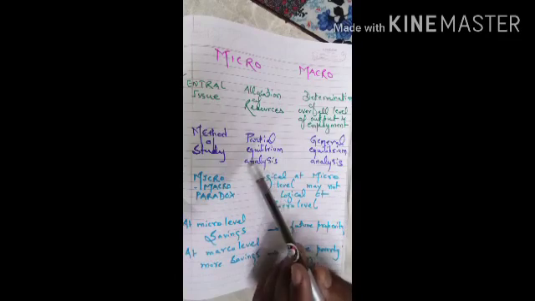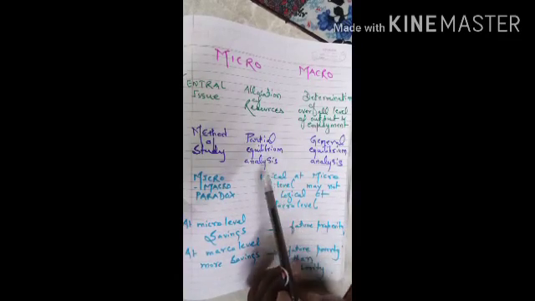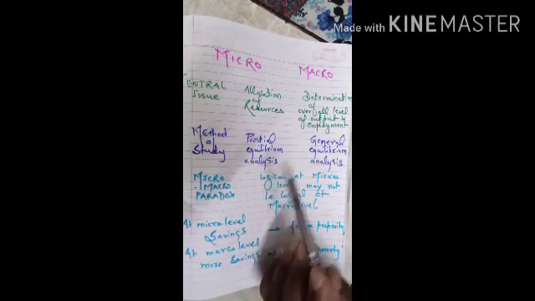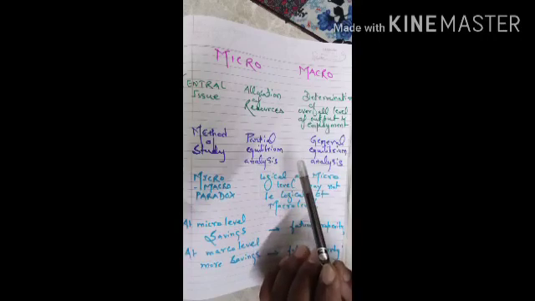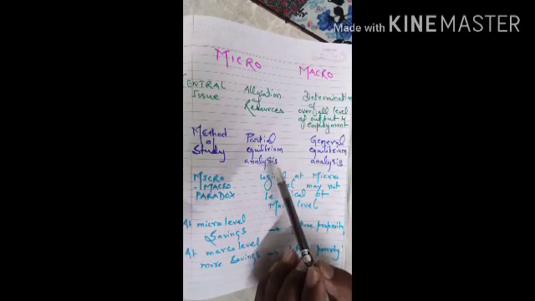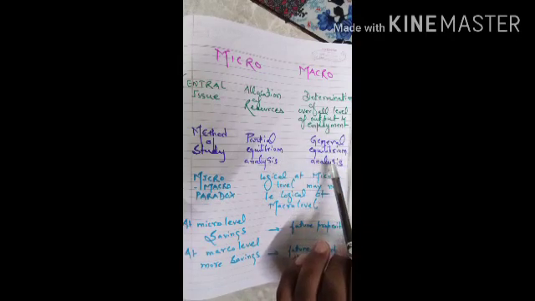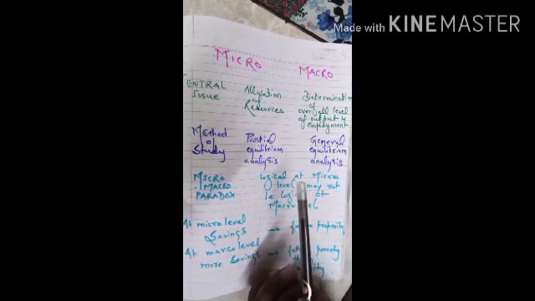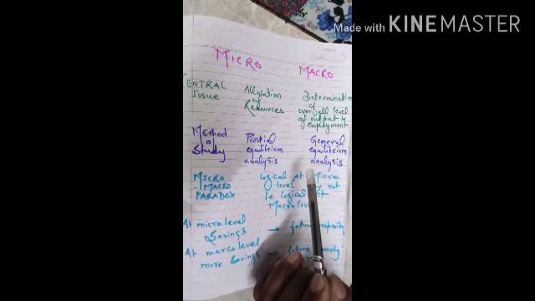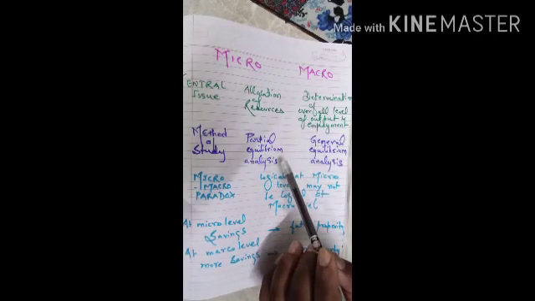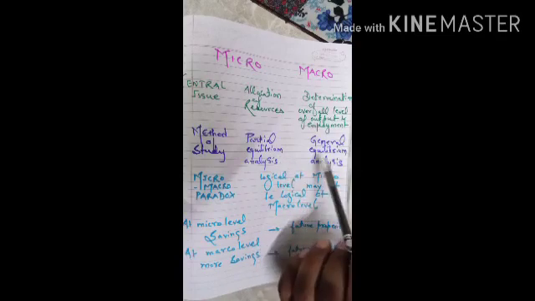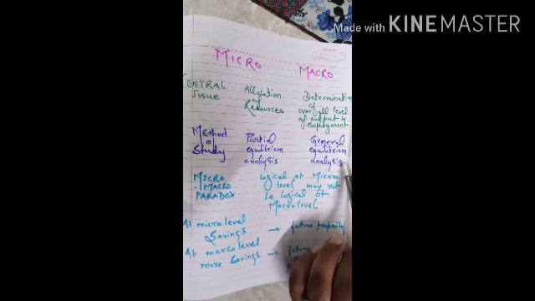Like we say that Akshay Kumar, he contributed 25 lakhs for COVID-19. So here we are talking about the individual person, that is Akshay Kumar. And if we talk about the film industry as a whole, then we say it's a general equilibrium analysis. So micro level analysis is partial equilibrium analysis. Macro level is a general equilibrium analysis.